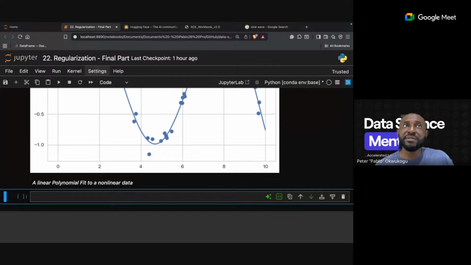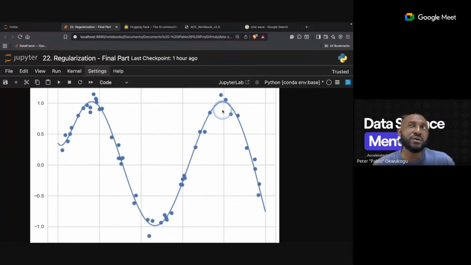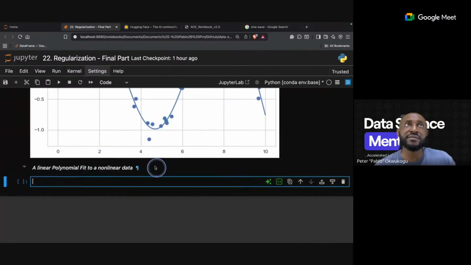But sometimes we may have a situation where the model understands all these things going on, but that calls into question a problem. Because if your model can understand all these intricacies, it's going to lead to something called overfitting. The model will understand its training data so much, but when it sees new data points, it's all over the place. So this is where regularization comes in.